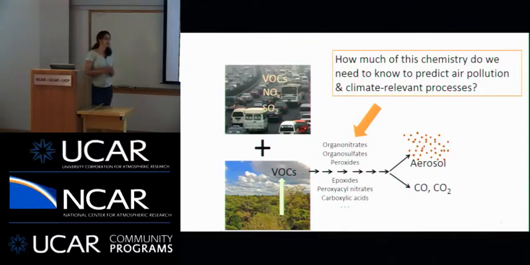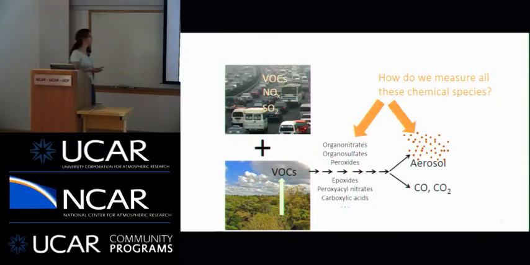So I think it's worth considering how many of them we actually need to measure. And I don't think we know that yet. So we're currently in the stage where we're trying to measure everything and trying to figure out what it means. So if we're in that stage, how on earth do we measure them? So how do we measure them in the gas phase and in the particle phase? And again, this huge number of functional groups.